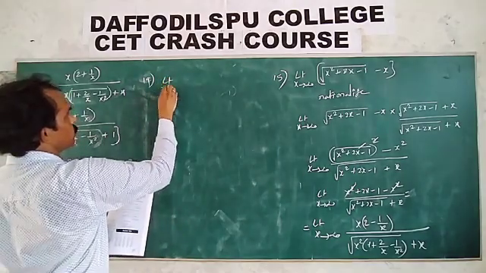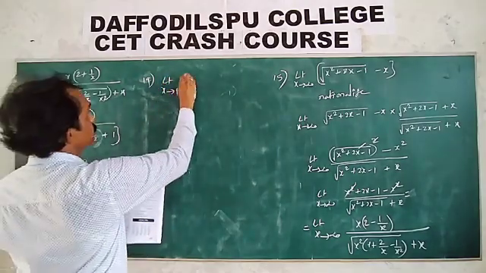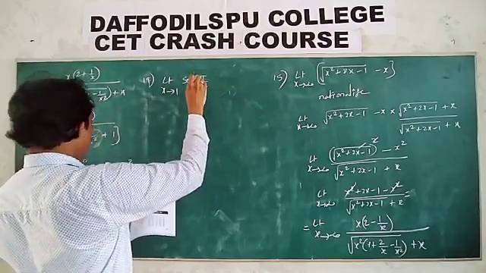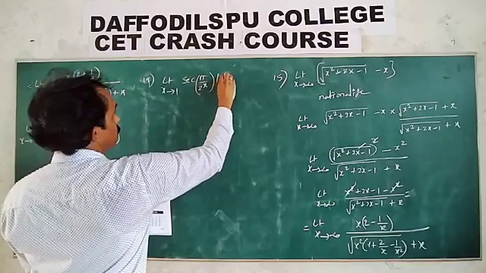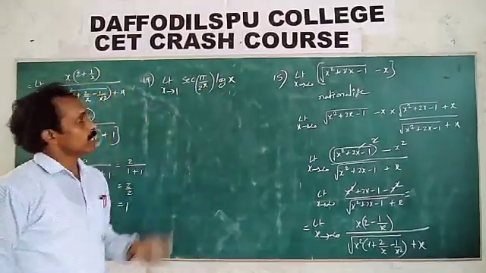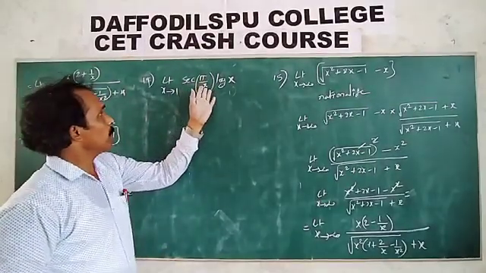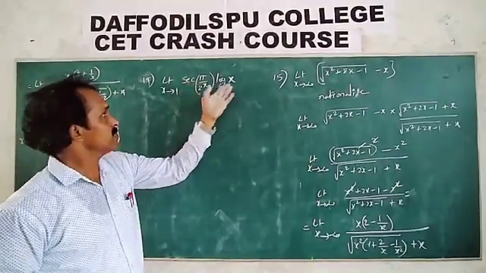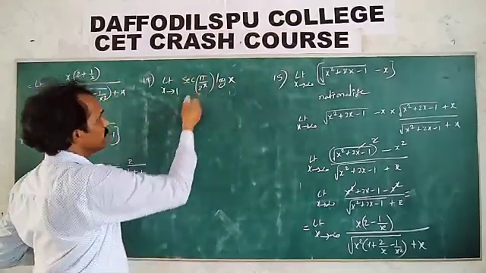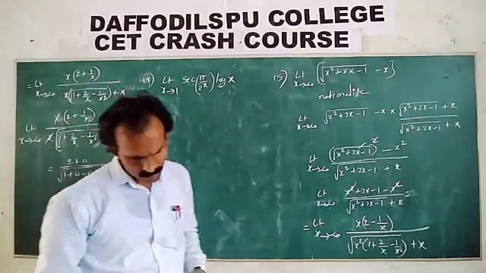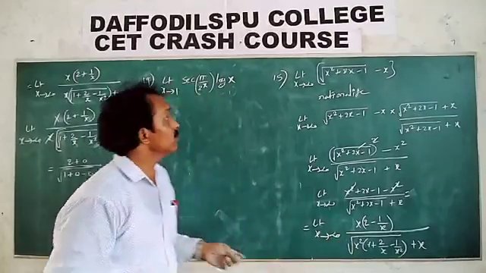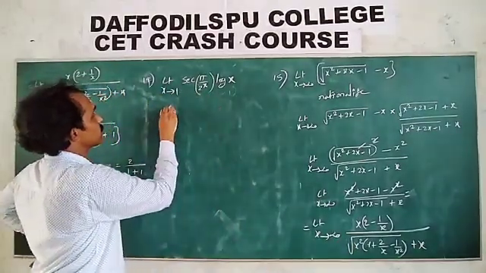19th problem. Limit x tends to 1, secant of pi by 2 power x, times log x. Direct substitution: pi by 2 gives infinite, log 1 is 0, so this is an undetermined form. Infinity as an answer is not there actually. This can be written as